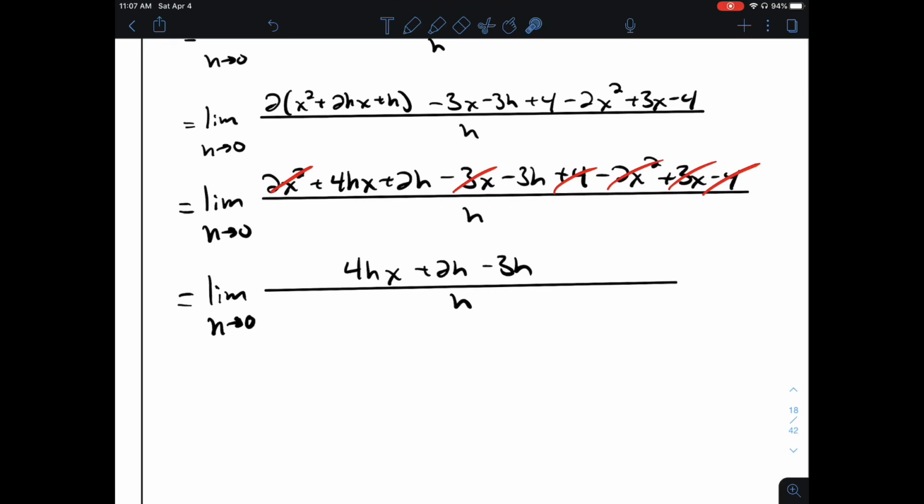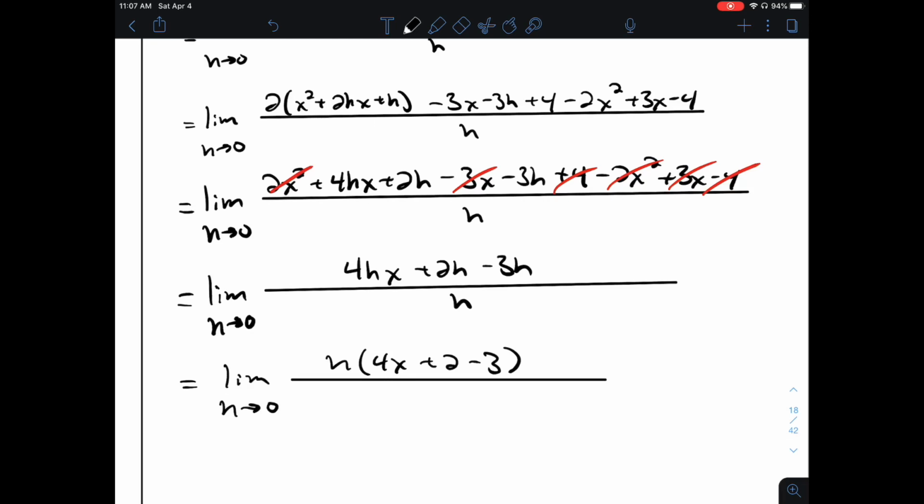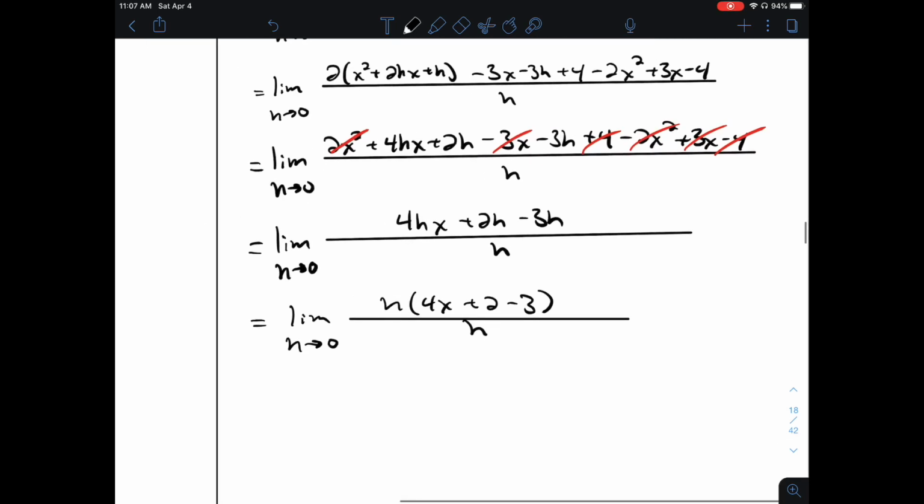So what has just happened? This has enabled us to factor an h out of the numerator, because every term has an h in it. Leaving us with 4x plus 2 minus 3 over h. Cancel an h from the top and the bottom. We have to continue to write limit notation because we have not evaluated the limit. If your argument is more than one term,